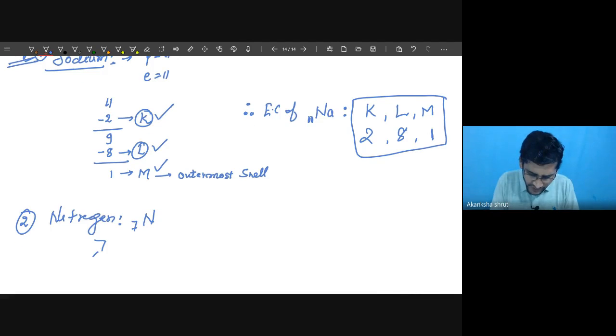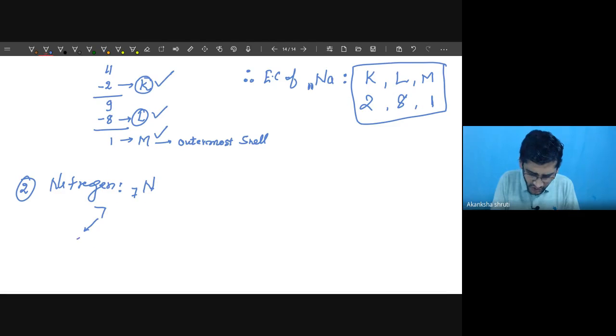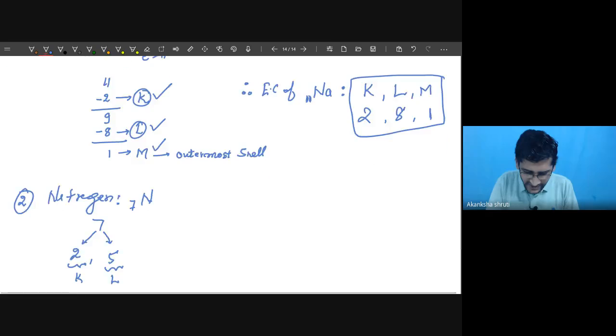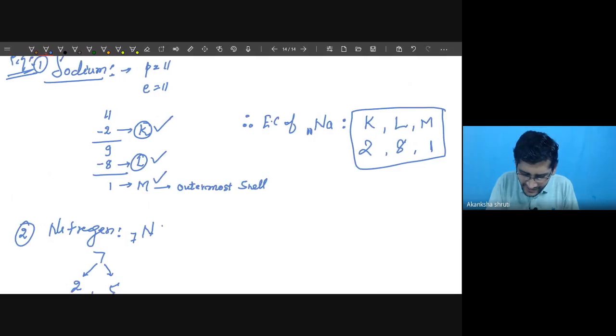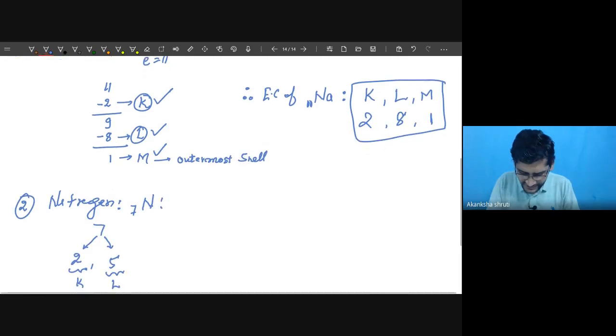First, if I give 2, how much will be left? 5. Means 2 I shall give to the K shell and 5 will go to the L shell. So for nitrogen, 7, we shall write the electronic configuration like this. After N, which represents nitrogen,